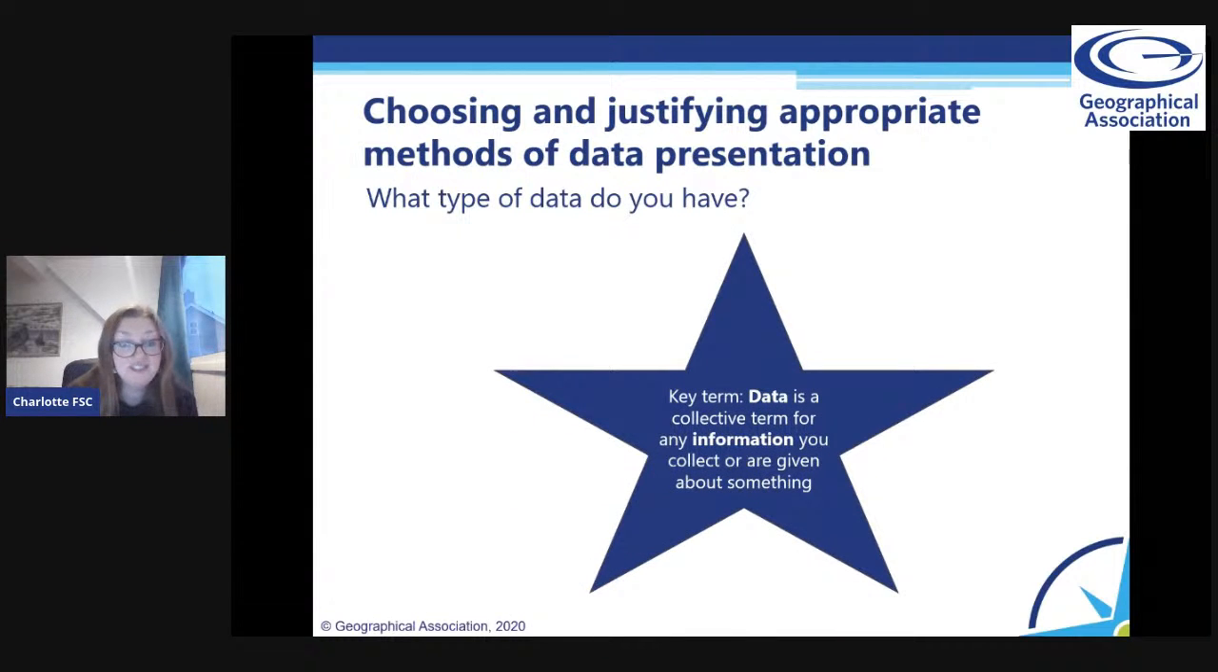Well, the first key term is data itself. What do we mean by data? Might seem a bit scary, but really it's just about information. Information you collect or you're given about something. And often in numerical form, but not always. Which brings us to our next key term,